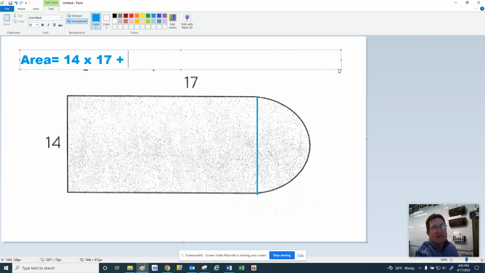And then the circle, okay, so you might recall that the area of a circle is pi r squared. Now, we have half a circle, and so we're going to say this is a half times pi times r. And so in this case, the r is 7. Okay, let's talk about that here in a second. And so remember that the radius of a circle is half the diameter. And so the diameter is all the way across, and so that's 14. And so I'm getting 7 because this distance here